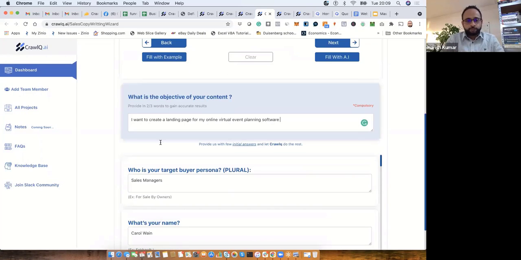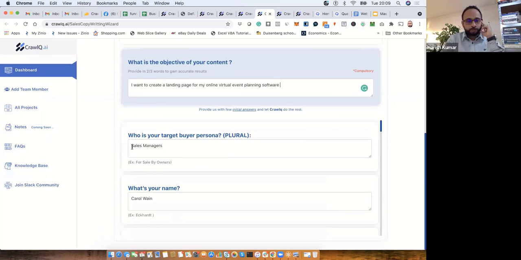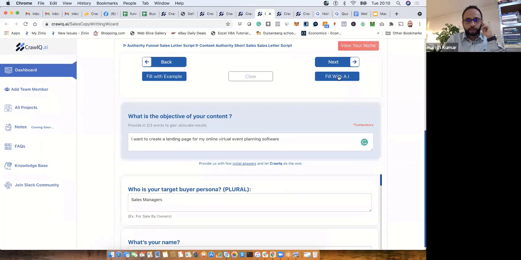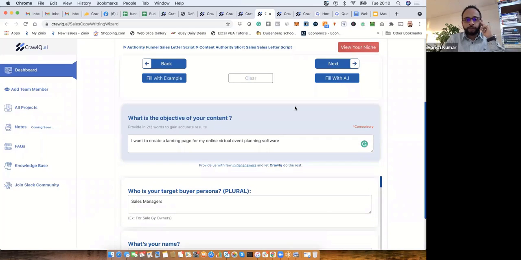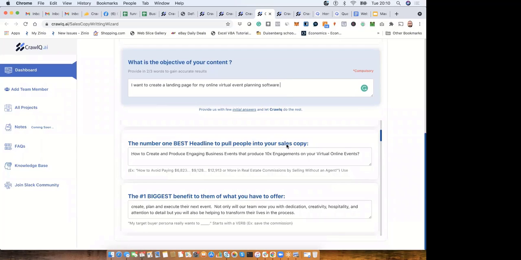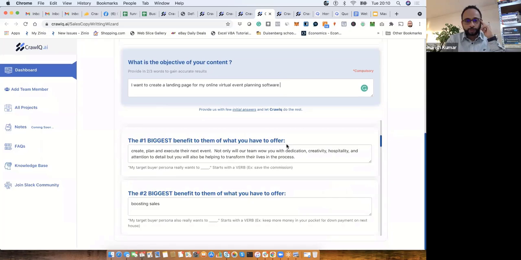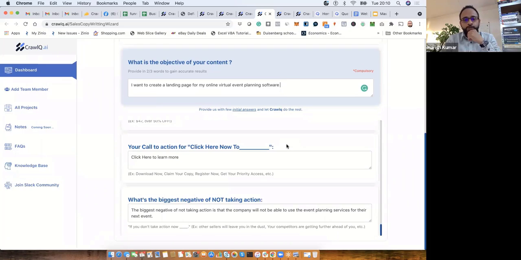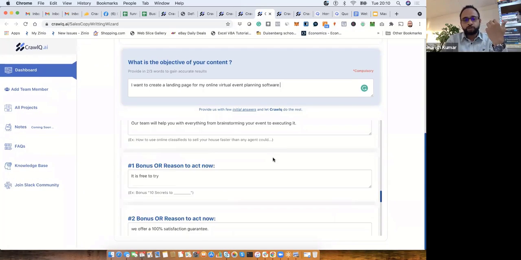Once I type this, I need to only take care of 2-3 main inputs, and then I switch on this option, fill with AI. Now I don't want to repeat this process, but you will experience it yourself, that all this information that you see down the line is filled automatically. And it's not the idea that you are going to just press the next button. You are still going to verify this information, because